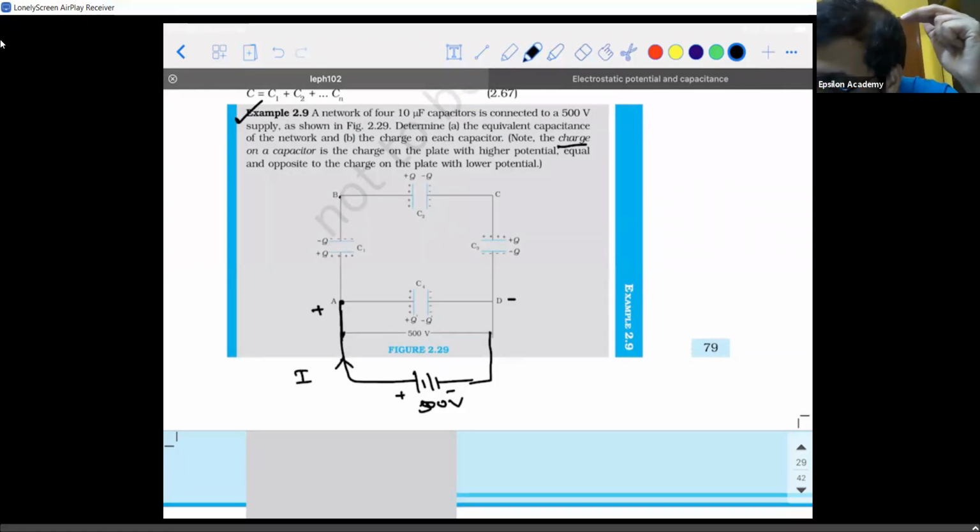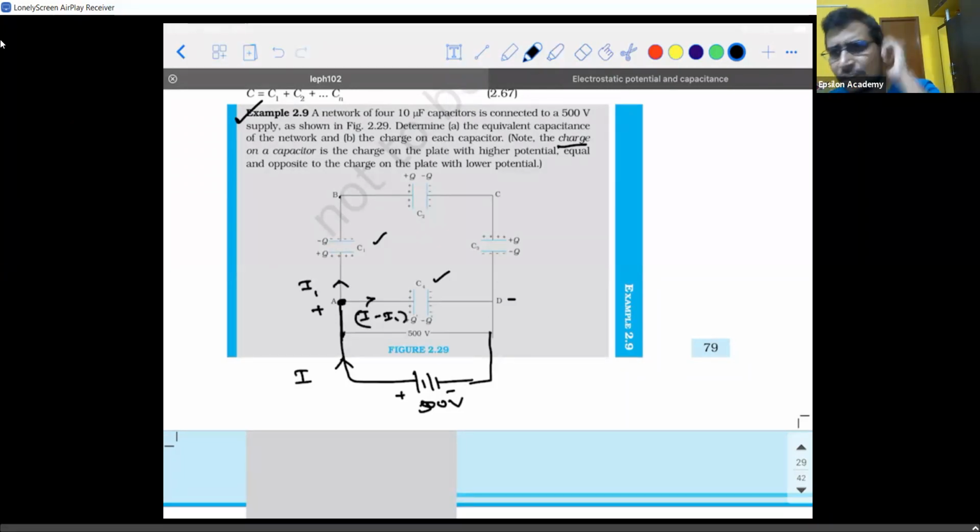This point, what you're able to see, is called a junction. If you have heard about it, well and good. If not, don't worry. A junction is a point where two wires are meeting. So from this junction, are you able to see that there is a division? There are two capacitors going like this, one in this way, one in this way. So the total current supplied by the battery will be split. If I call this I1, then this will be I minus I1. Why it is so, all these things you will learn in the next chapter.